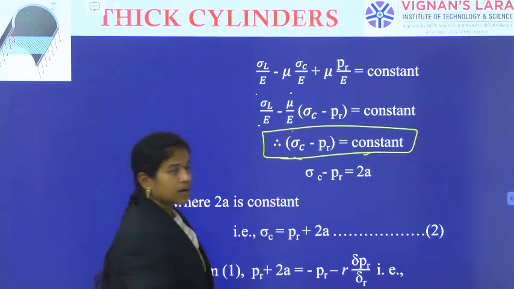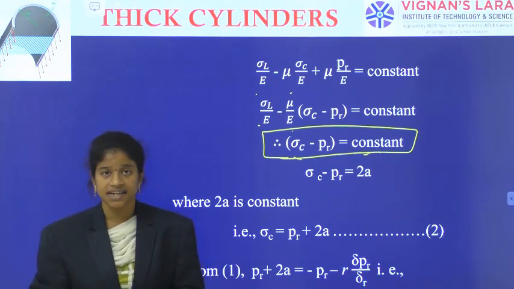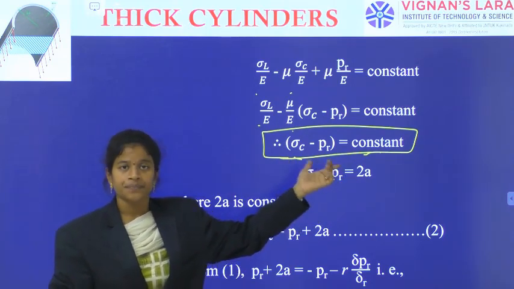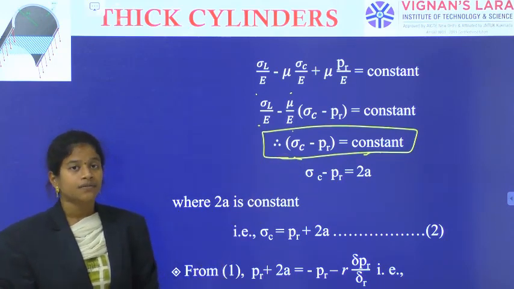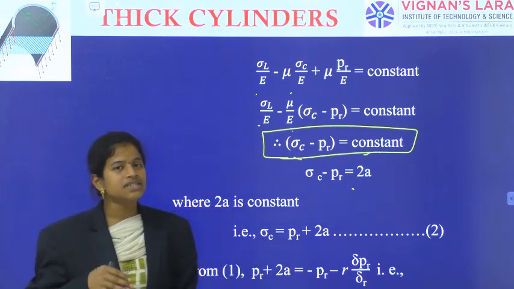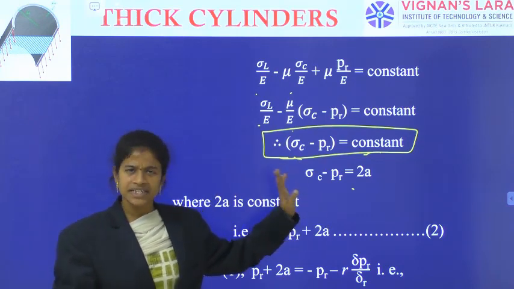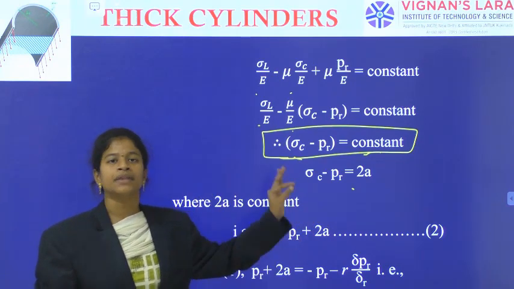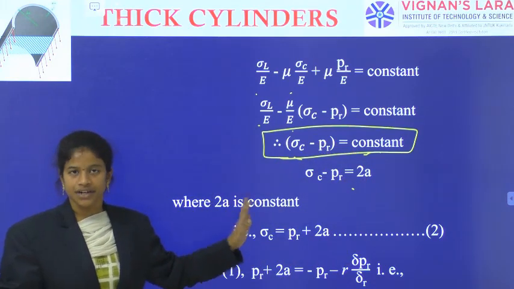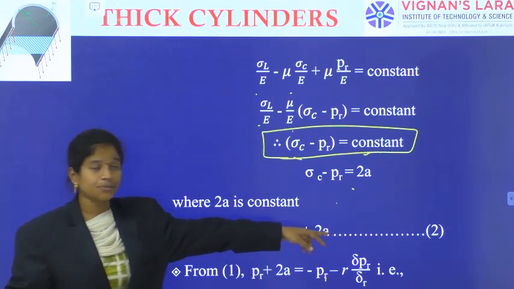This is also one of our assumptions: as the longitudinal stress and longitudinal strain are constant, the difference between circumferential stress and the radial pressure is also a constant. Okay, so this output we have got now. Now for this constant, in the replacement I am using one more term, which is 2A. Why 2A? Because later I can use this 2A for some other terms. That's why here itself I have used 2A. Simply it is also a constant, it is not at all a formula, but the constant I have replaced with 2A. So 2A is a constant. Now sigma C is equal to 2A plus PR. So this is my equation 2.